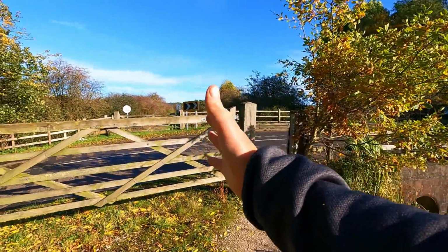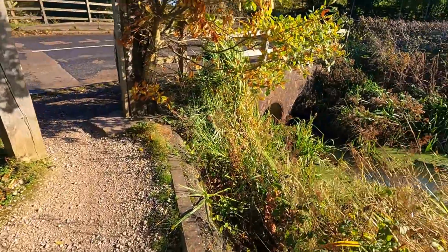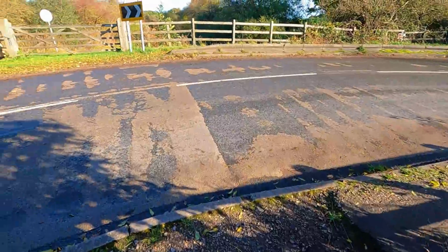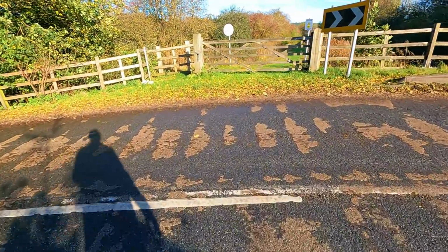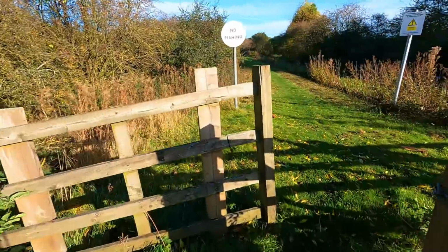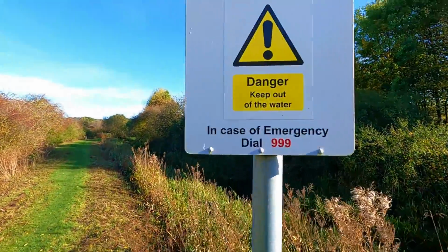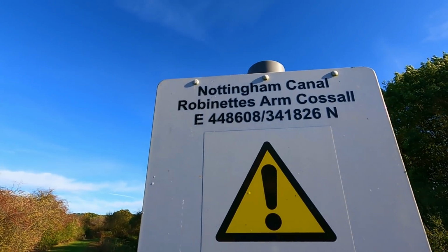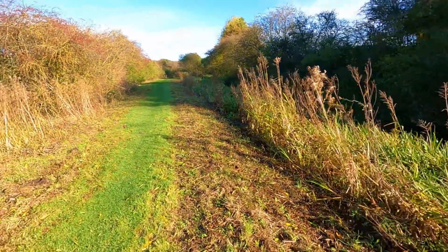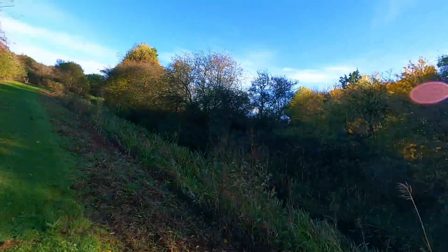You get to the tightest part of the bend and it turns into dead lane. As you can see, it's concrete, culverted. I'm going to carefully have a look, see if I can see anything on the other side. This is all new territory for me. There we go, look. So the Nottingham Canal, Robinettes Arm in Cossall. And on the other side we've still got some water, look, but the towpath has completely disappeared. So we're going to have a little venture up